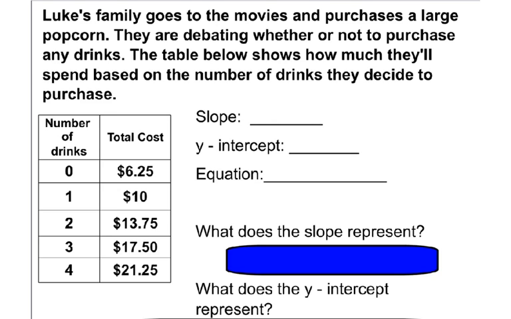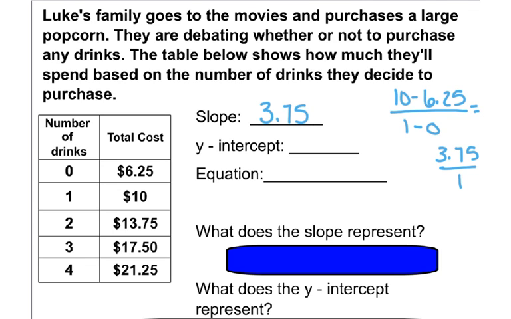So for my slope, I'm actually going to have to calculate it this time. So we would have the change in y. So it would be 10 minus 625 over the change in x. So 10 minus 625 is 375, over 1. So the slope would be